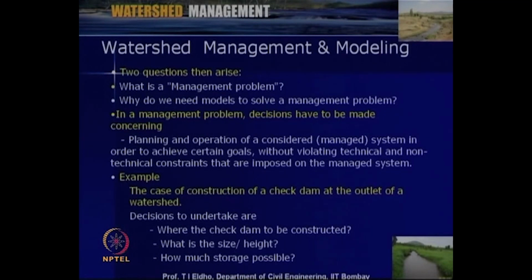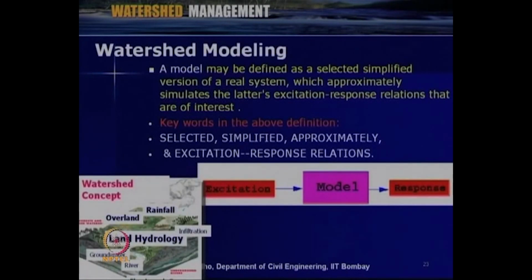So, we have to deal with various parameters, various variables in a complex environment. So, that is why we need models. So, now say when we go for watershed modeling, the question comes, what is a model? A model may be defined as a selected simplified version of a real system which approximately simulates the excitation